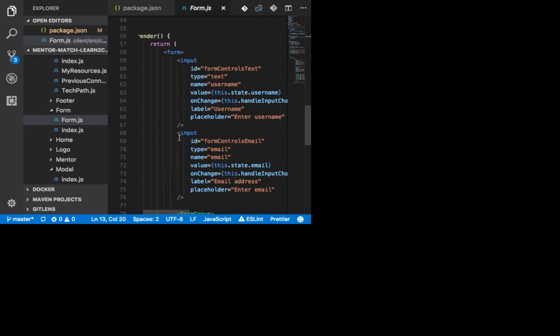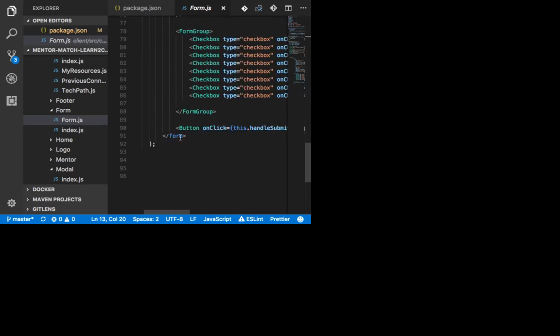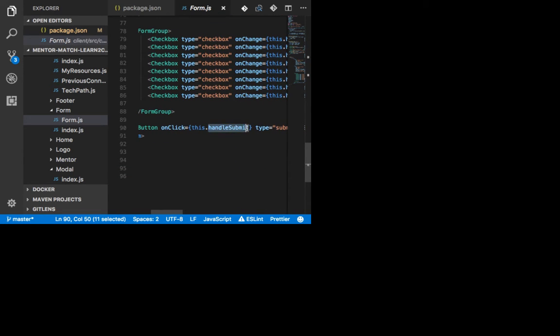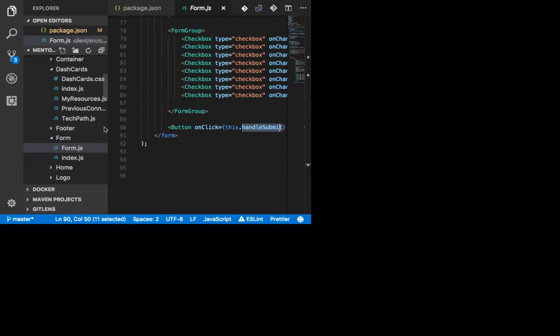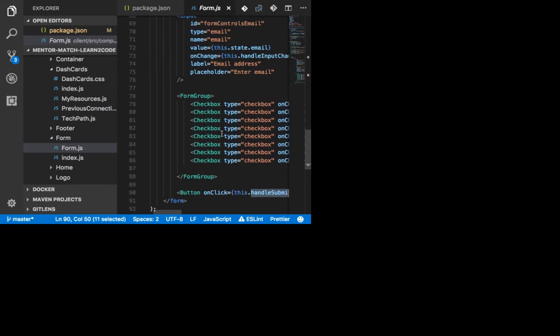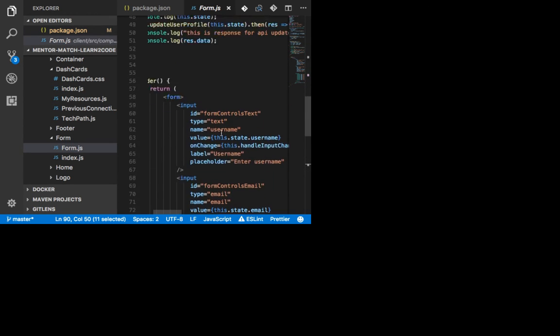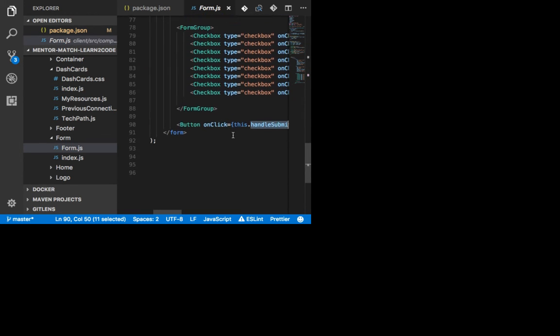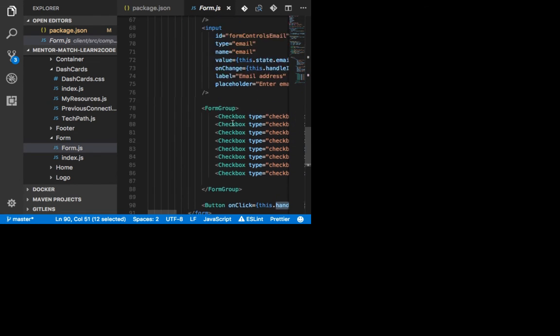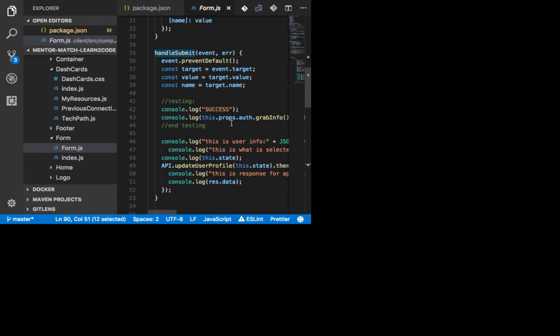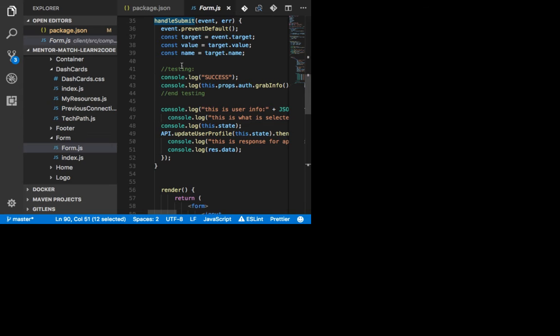All right, when we hit submit, where's the submit? There you go. And this is the one that's handling the data, right? Okay. And this is where our issue is, and that's exactly what I was thinking. Then this function called handle submit, and this is all the data that you guys are targeting.